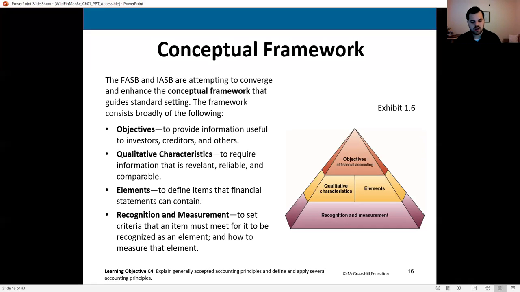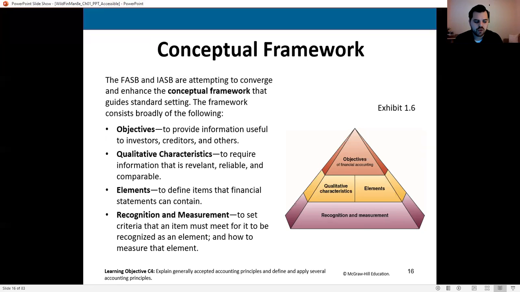Now, what we then see is we have to look at what is called the Conceptual Framework. I'm not going to spend a ton of time here. If you're an accounting major, you'll see this in about a dozen other courses. And if you're not an accounting major, then you'll see it here, and that'll probably be enough. So what they're trying to do, they meaning the FASB and the IASB, the US and the international people, is work together to try to converge the conceptual framework. This is what I call trying to close the gap, bringing these two areas together.